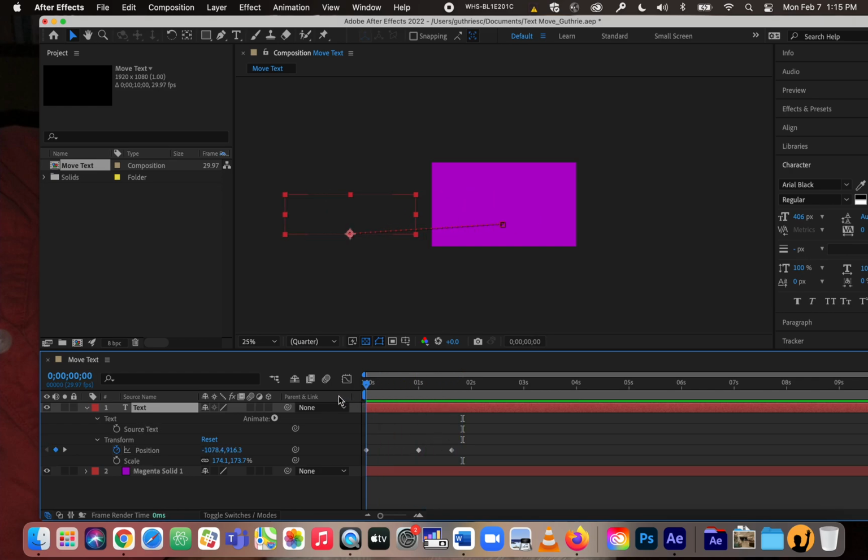Now I have not set the keyframe for scale. See the stopwatch isn't clicked? But I'm going to click it, and I want it to not change while it's doing these things. So I'm going to move it to the end of my position and press this empty keyframe again on scale, because I want the scale to be the same thing throughout this whole move. Now here's the little tricky part. I'm going to move it down a little bit,